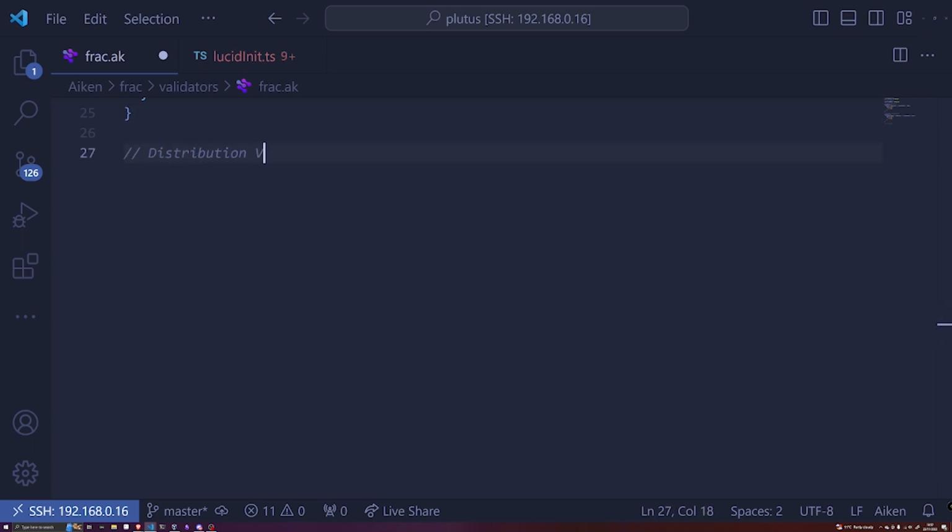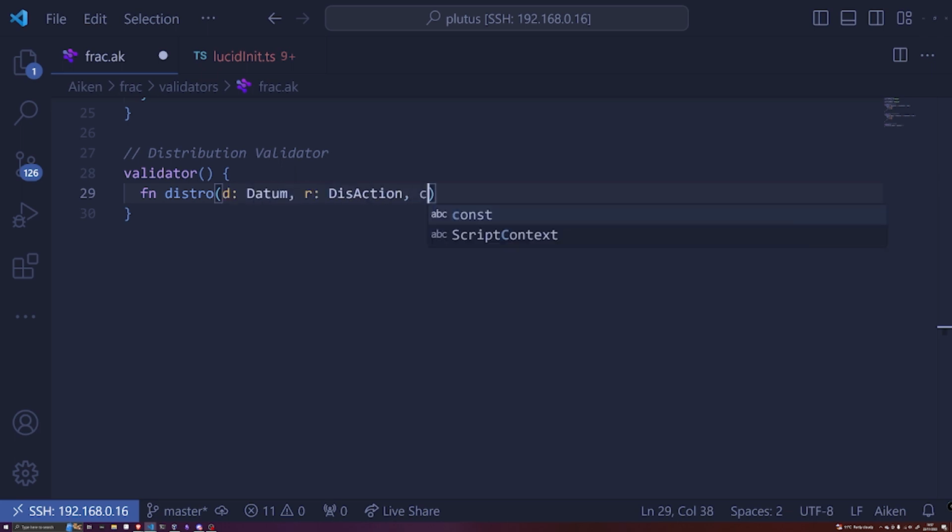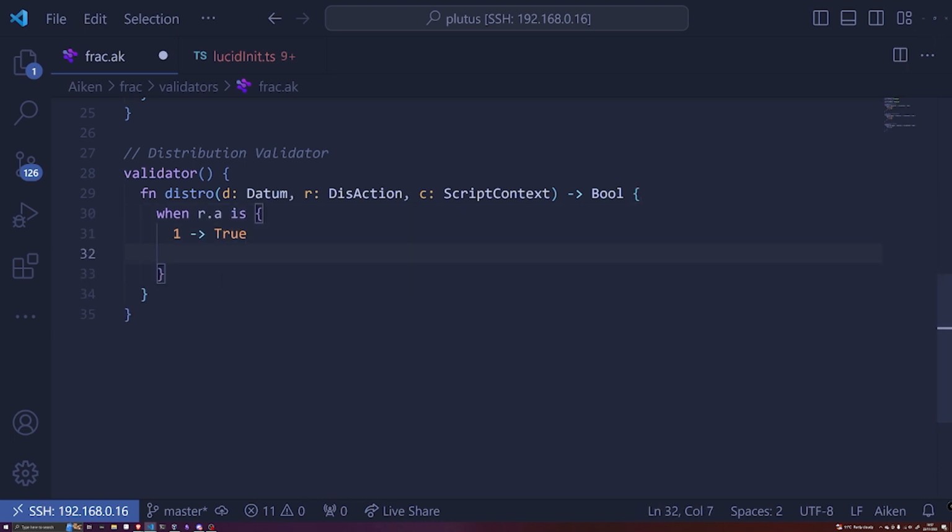And lastly, we've got our distribution validator called distro. That is going to take a datum, a redeemer, and a script context and return a bool. And when, you guessed it, a is 1, it's true, and otherwise it's true. Then we're done. So now we've mapped out our validators, we can switch back to Lucid and actually draft the